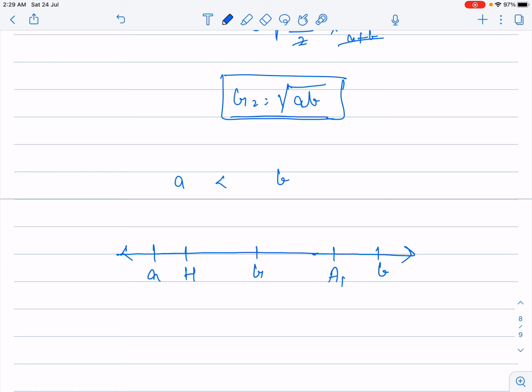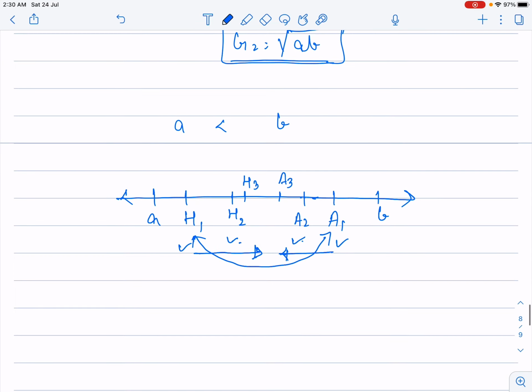But I am concerned about their arithmetic mean and harmonic mean only, because I got the relationship for the geometric mean. And next time when I am computing the arithmetic mean and harmonic mean of these two numbers, the arithmetic mean of a1 and h1 will be a2, which will be greater than h2, like this. Hope you guys would have got my point. And next time when I compute the arithmetic mean and harmonic mean of a2 and h2, that will be a3 and h3. So a3 will be greater than h3, and they'll be lying like this. That means we got one relation that with the values of an, I am moving from right to left, and with the values of hn, I am moving from left to right.